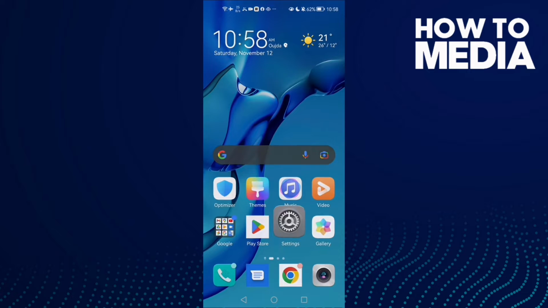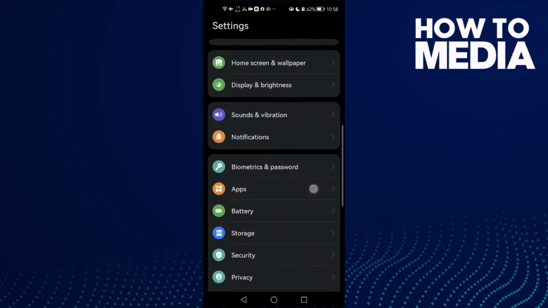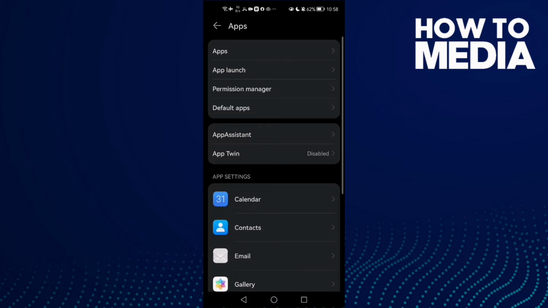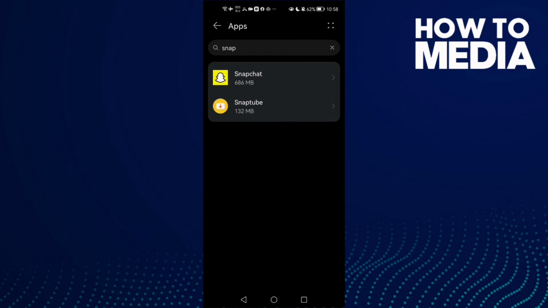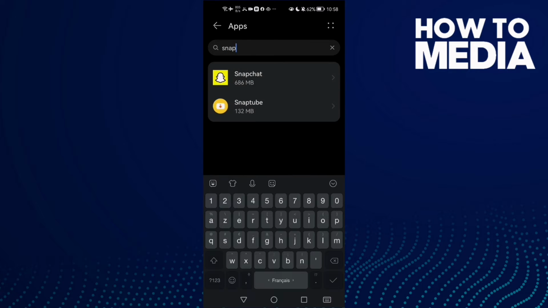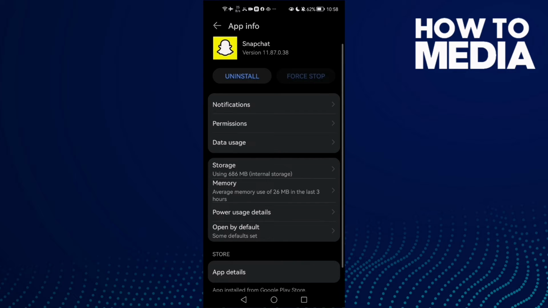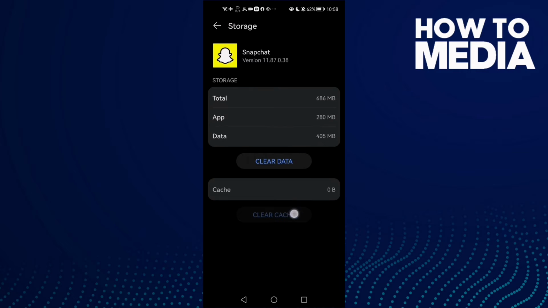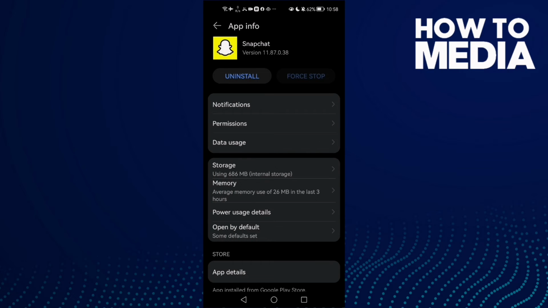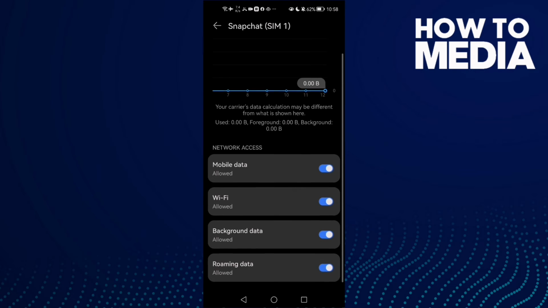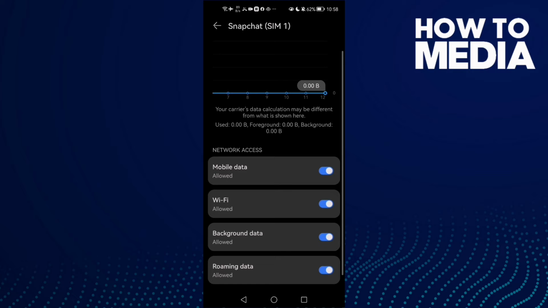First open the settings and then scroll down until you find Apps, and now click Apps again, and here just type Snapchat and then click on it. And first thing you need to do here is to click this one for Stop, and then go to Storage, Clear cache, and now go to Data usage, and then click Background data, allow all of those here,